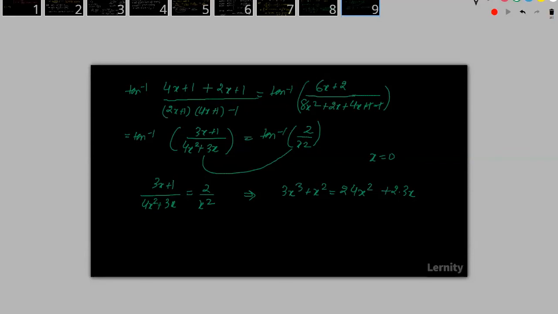So they have asked for positive. So I will cancel out x from everywhere. So this will become 3x square plus x is equal to 8x plus 6. So I will take this, so this will become 3x square minus 7x minus 6 equal to 0. So I think the factors you will get are x is equal to 3 and x is equal to minus 2 by 3, right? So this cannot be the solution because it is not positive. So we will get only one solution.